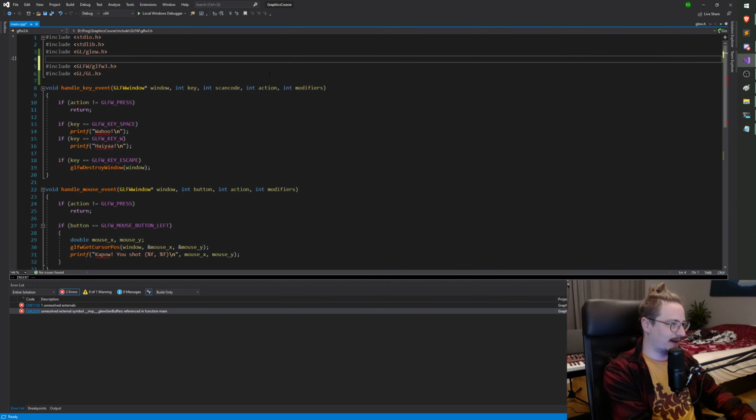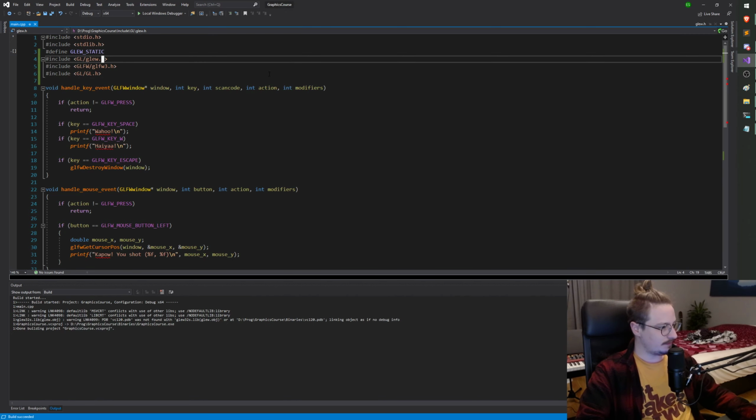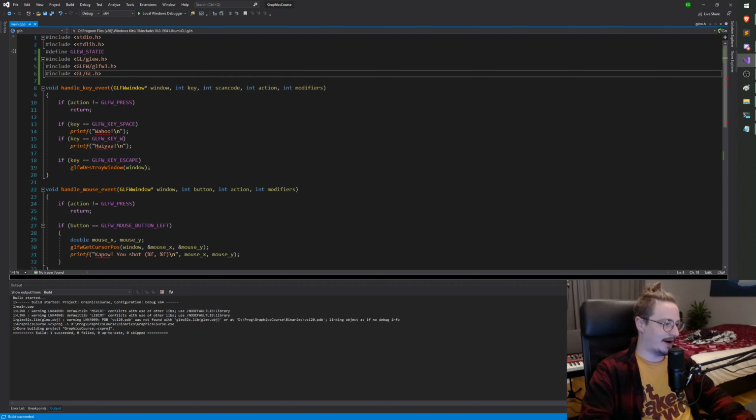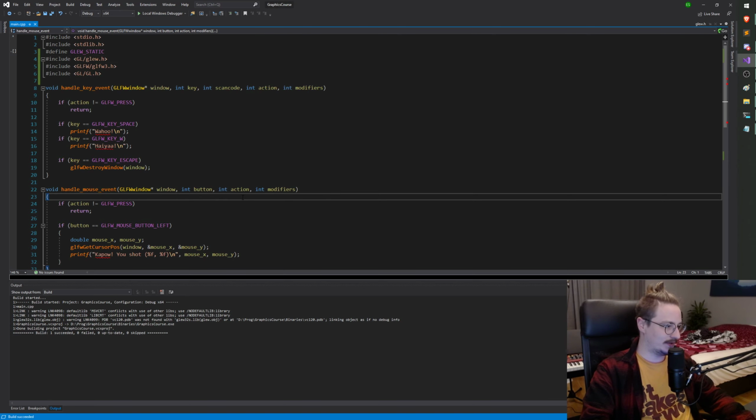So we're just gonna define it here. Before we import Glew, I'm just gonna define GLEW_STATIC. That's gonna change the declarations in the Glew header to do static linking, and now we don't get the linker error anymore. So if I do F5,